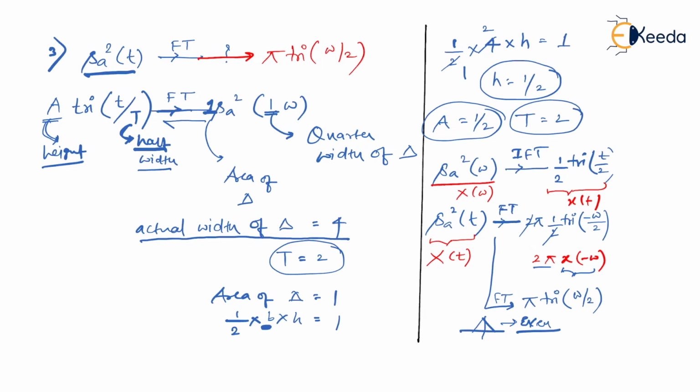And if you want to show it graphically, you can show it very easily. This pi is nothing but the height of the triangle, and 2 is nothing but the half width. So the total width is 4, that is from -2 to +2. So this is a graphical representation of sampling square of t. Am I right? And of course, on the x-axis we have omega, because after taking a Fourier transform, we always go from time domain to frequency domain. Let's move ahead.